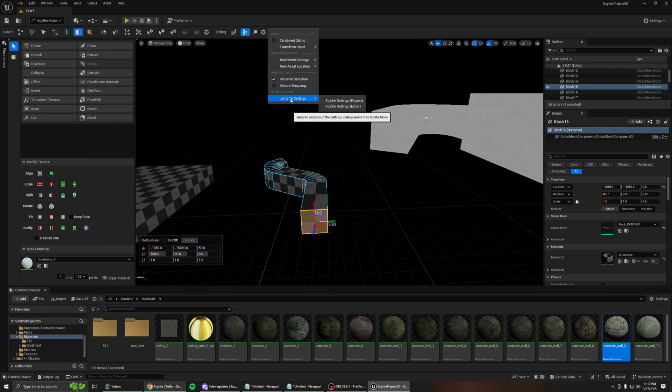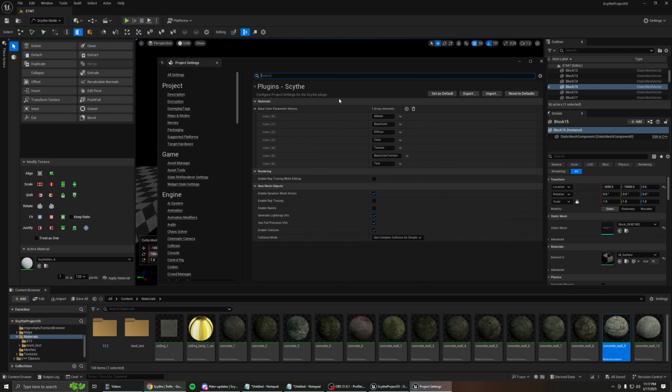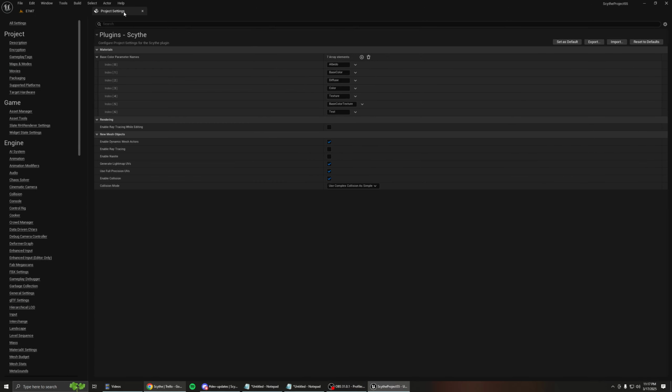And then I also refactored all the settings. So I put them in a proper spot now. So now you can jump to settings, you go to project, and here's the project settings. So I added this. So if you have texel density that isn't working or whatever, you can change your parameter to whatever your project is using. Oops, see, that's a problem with having poor man's caps lock. If you're from the UK or whatever, and you spell color like this,